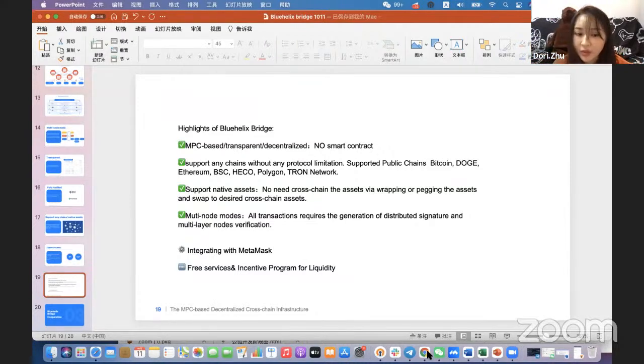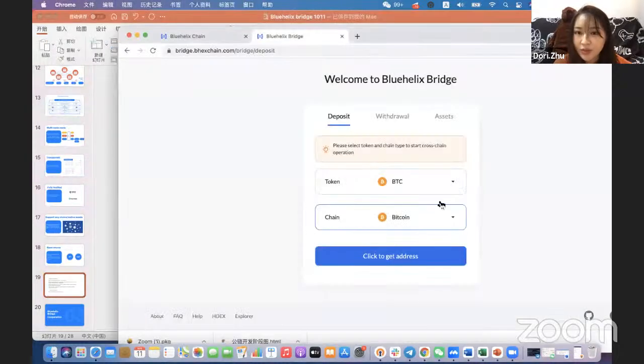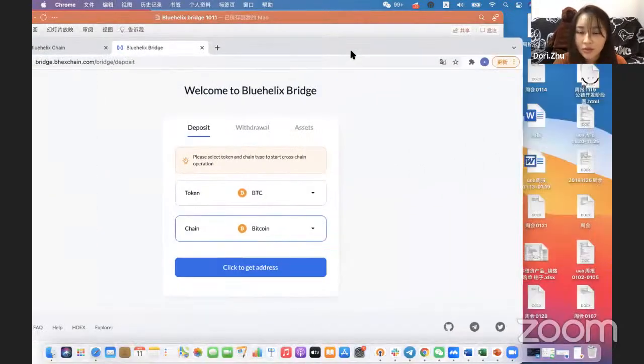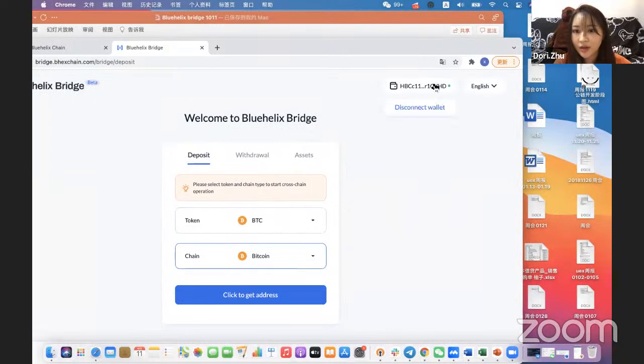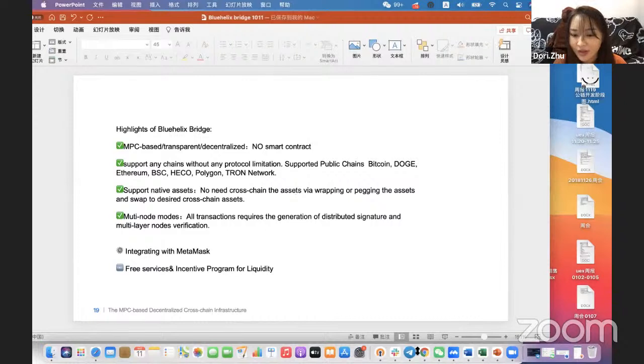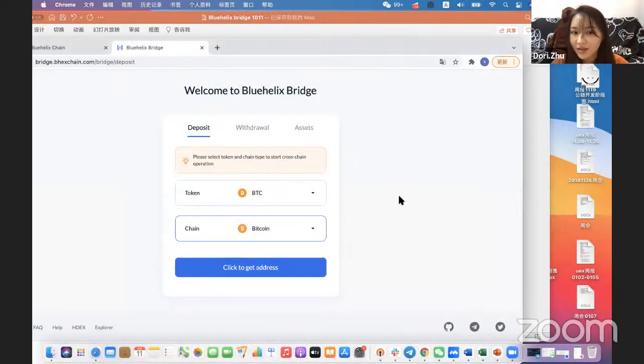Also, we are integrating with MetaMask. So if users don't want to connect to our wallet, you can choose your MetaMask. It's totally free for users. Okay, here I describe. I connect my wallet to Bluehelix because I think our wallet is a very good choice for users. It can support all assets and support the decentralized cross-chain transaction of your assets.